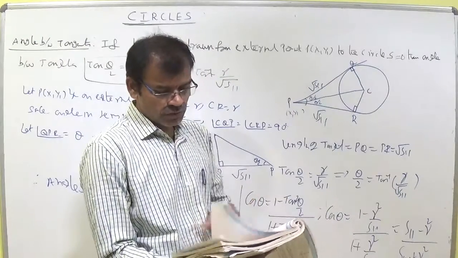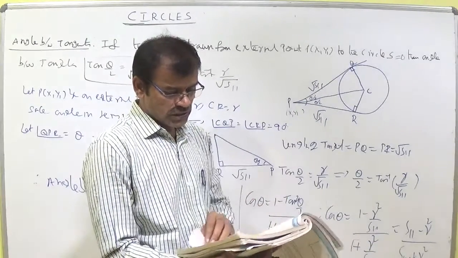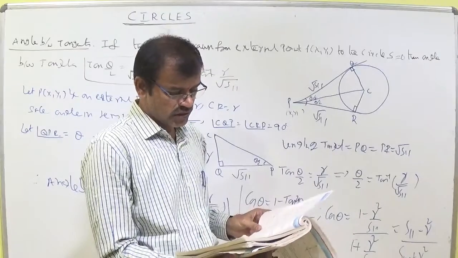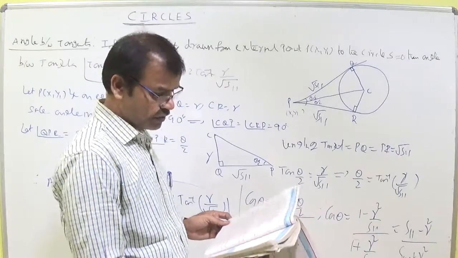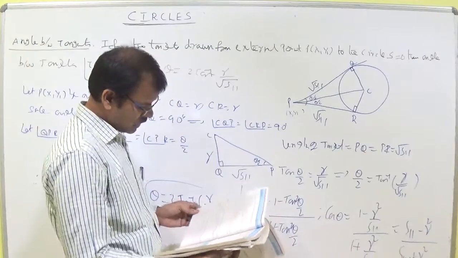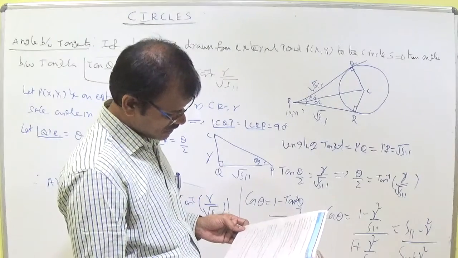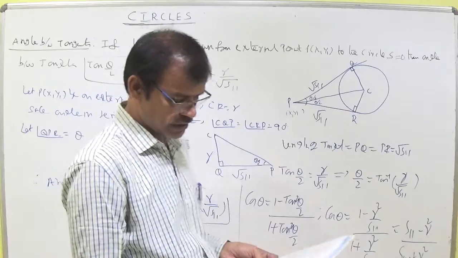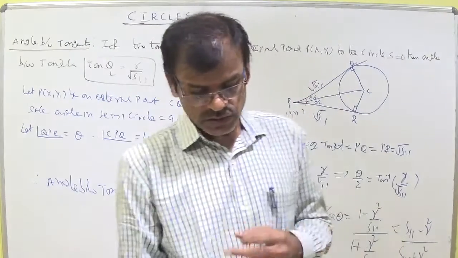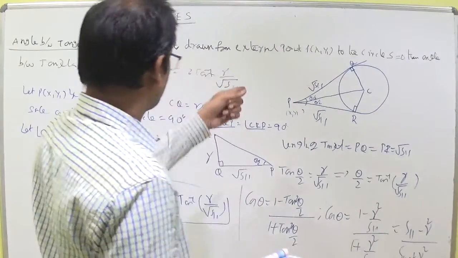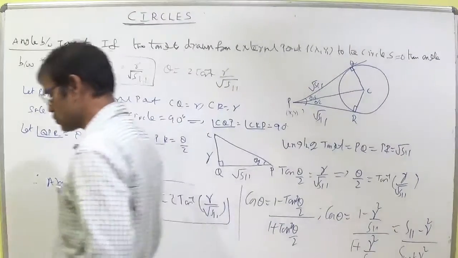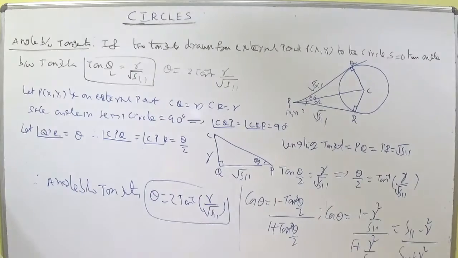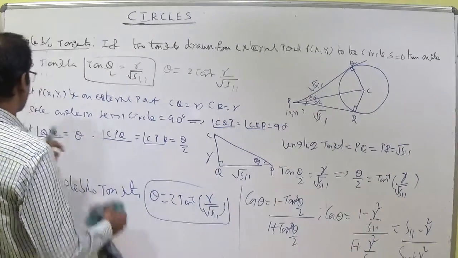Example 1, example 2 is there. Before going to discuss example 1, example 2, one sum is there: page number 54, example 4. Show that the area of the triangle formed by two tangents to the circle and a chord of contact. Later we can discuss. Next, the area of this quadrilateral we will discuss, for objective I am saying. In CUQ, the conceptual question, the question on the area of this quadrilateral is there.